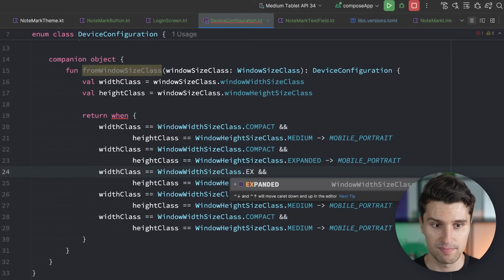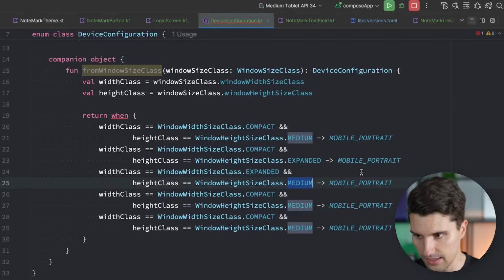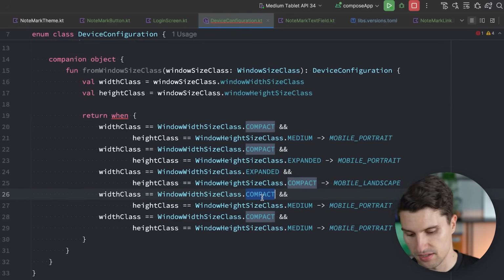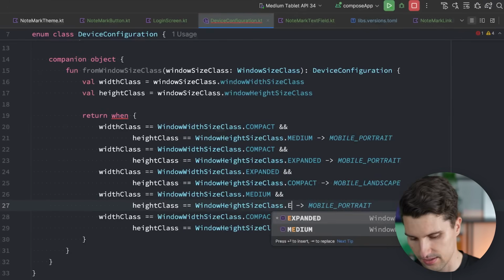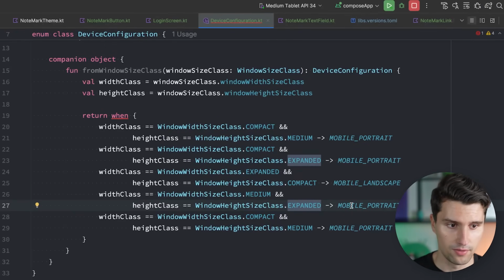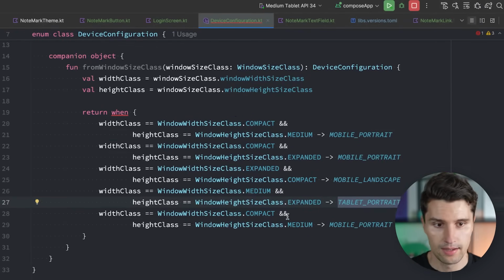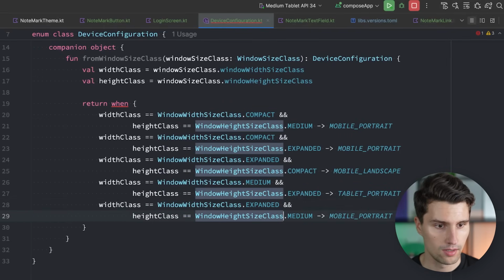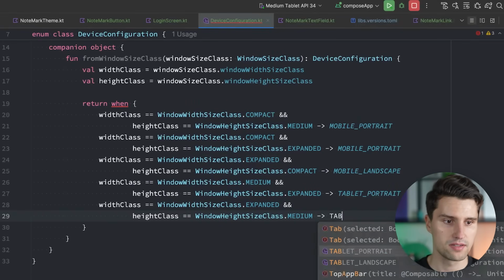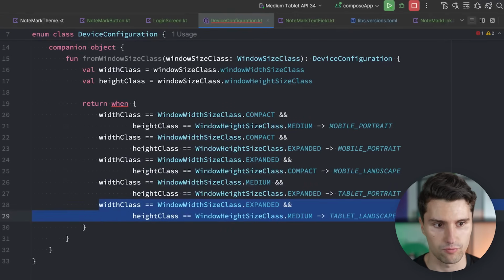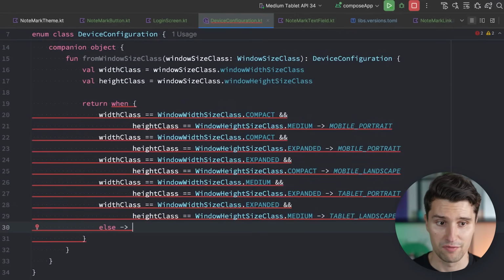If the width class is expanded, so very wide, and the height class is compact, then this means we are on mobile landscape. If our width class is medium and our height class is expanded, so it's medium wide, but it's very high, then this means tablet portrait. If the width is expanded, so very wide, but the height is medium, then that means tablet landscape. So pretty much just what we had here for portrait, but inversed. And that also makes sense, of course. And in all other cases, where we maybe have an expanded height and an expanded width or so, that means